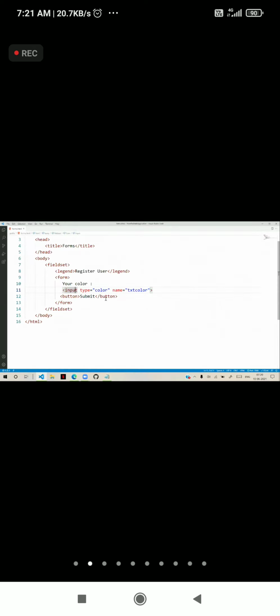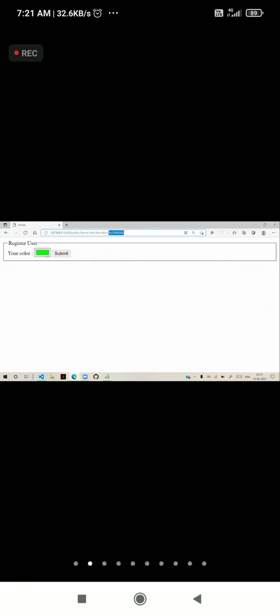Actually, the color values are hexadecimal values. Suppose I define a color value with a hash. So this is some hexadecimal value. That means FF0000, or say suppose 00FF00. So this is actually green color. So it will get the green color.